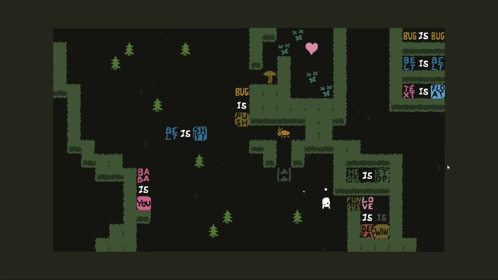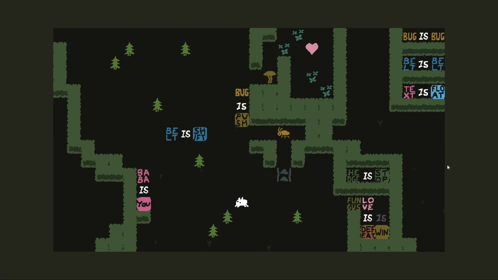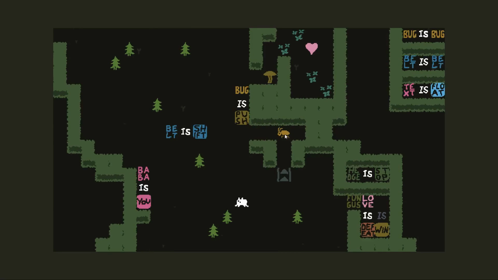So what am I trying to... I'm thinking of, like, getting under that fungus and pushing it to the left. I can't. But the bug could, maybe. Okay, so I think if I push the bug out...